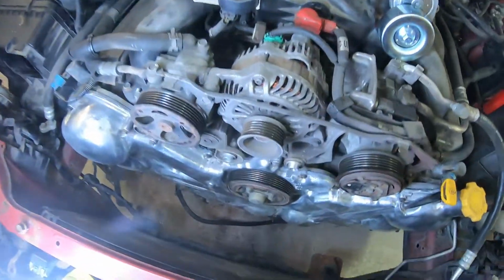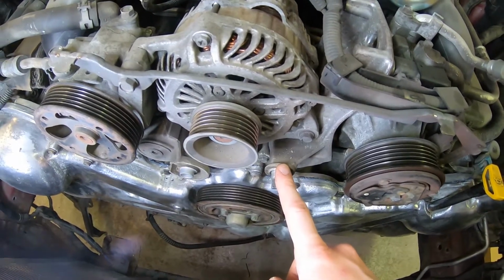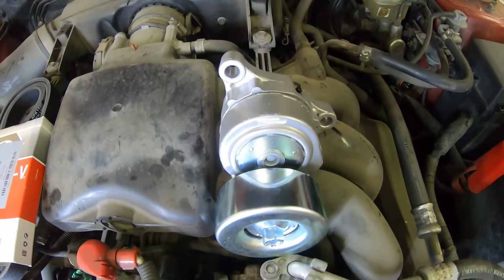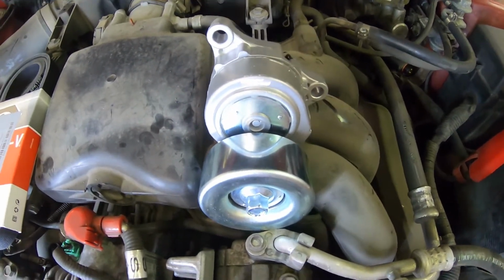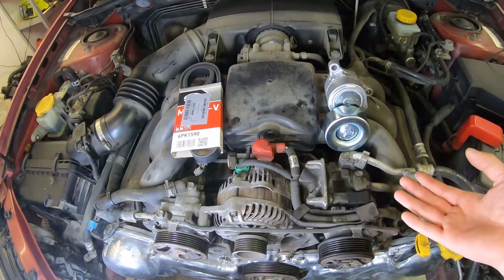Okay, so because someone who shall not be named but could have a nickname in the range of Freddy, Fritjof, Fred, who's a bit dumb anyway, did not buy all of the parts needed. So here you can see you have a tensioner and an idler. And the stupid person who shall not be named only bought the tensioner. So the stupid person has to go and buy the idler. I'm going to put this in place, and then I'm going to have to, oh shit, I just admitted to you guys it was me. Anyway,